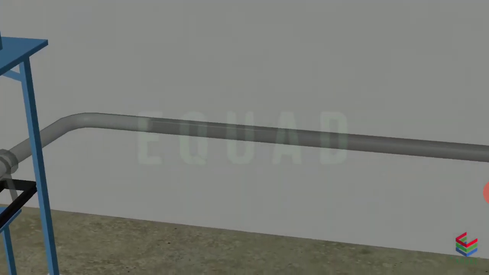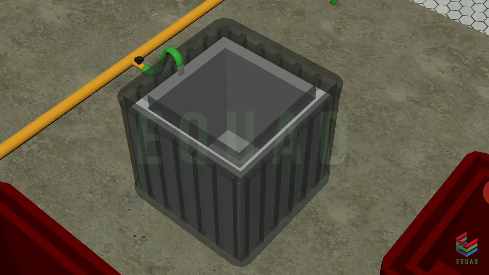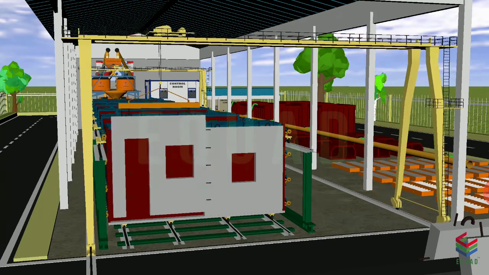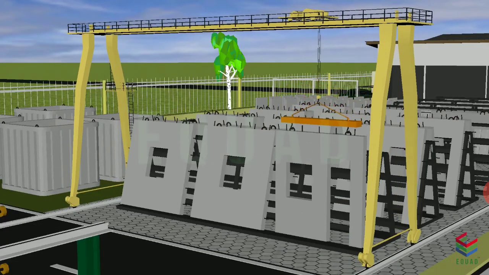By using this pumpable concrete we can place it wherever it is required. After placing of the concrete, we go for the steam curing, and after the steam curing we place it at the storing yard.